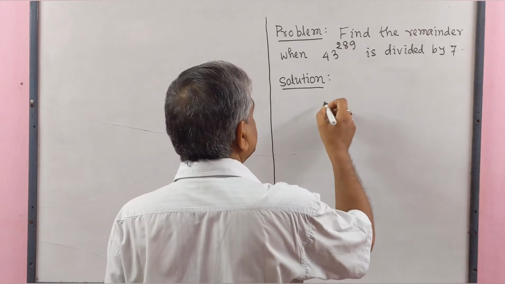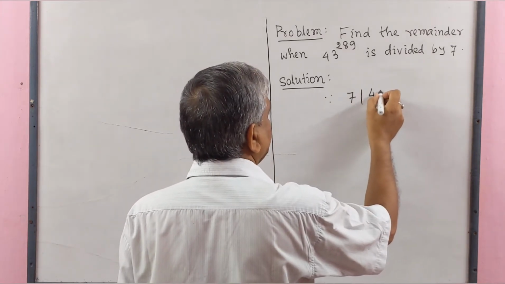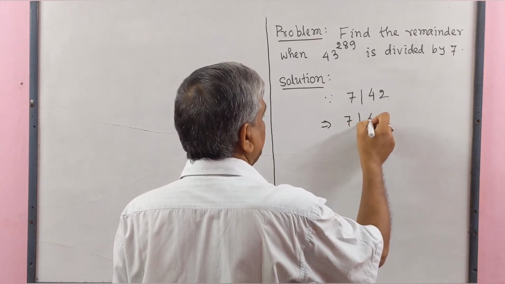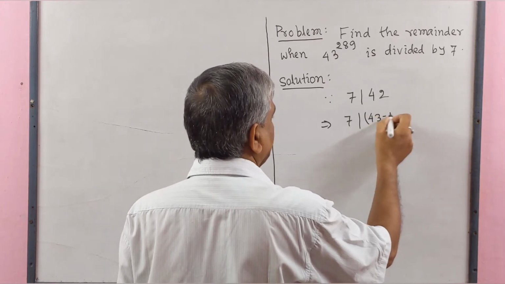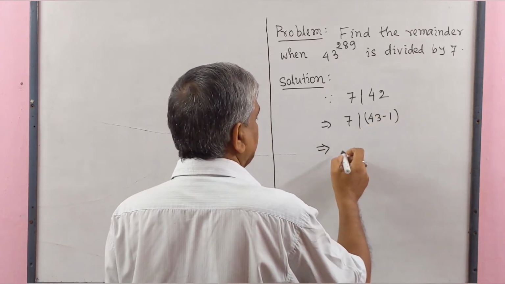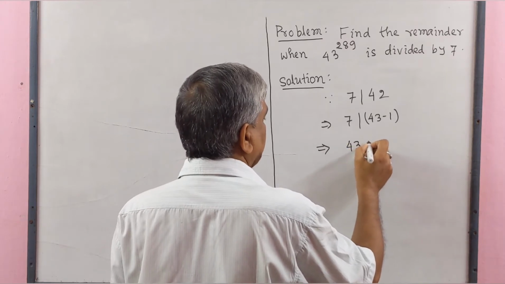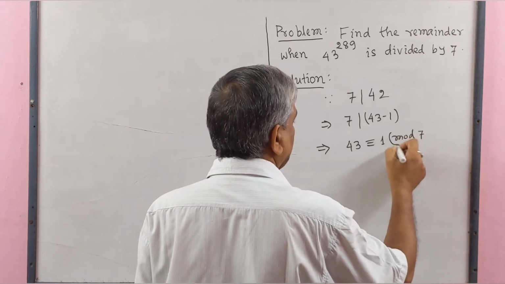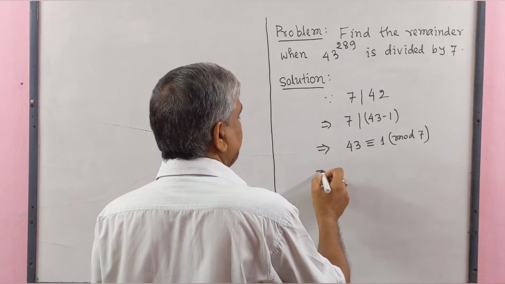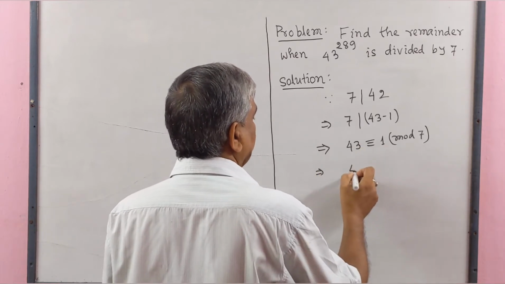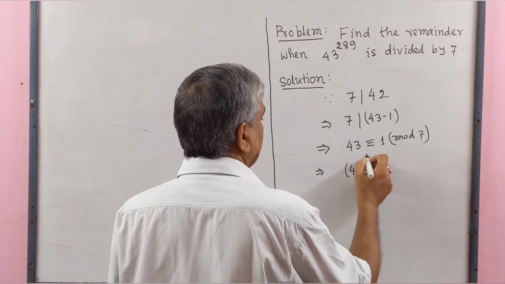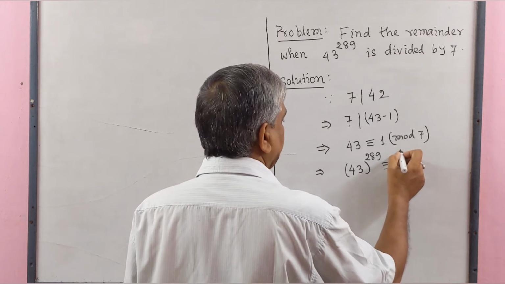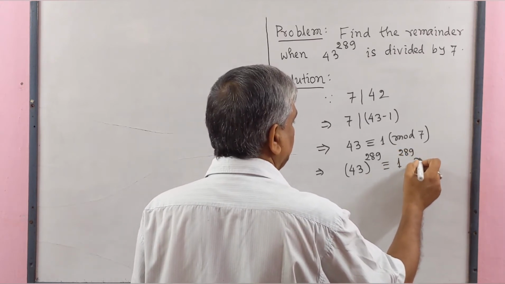We know that 7 divides 42, implies that 7 divides 43 minus 1, implies that 43 is congruent to 1 modulo 7. Raising power in both sides, 43 to the power 289 is congruent to 1 to the power 289 modulo 7,